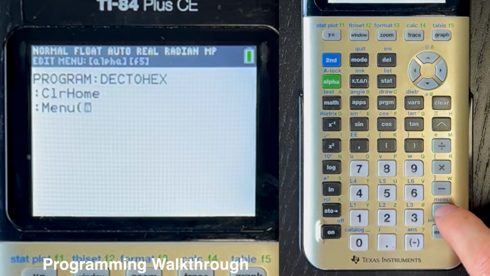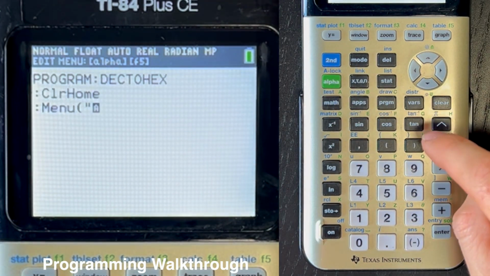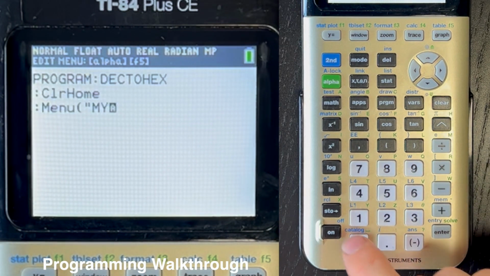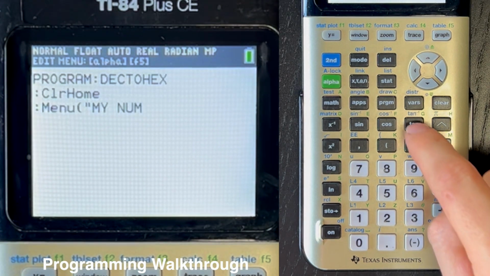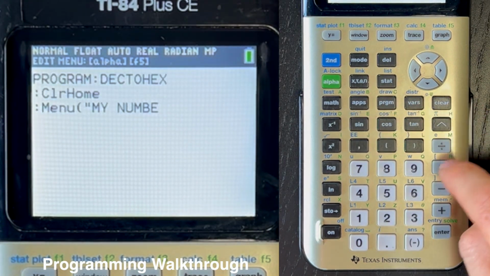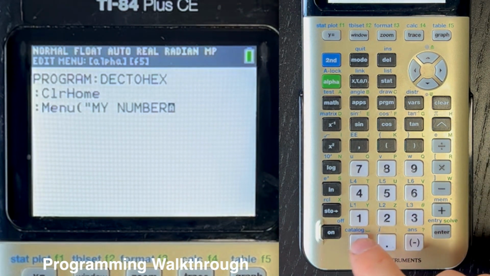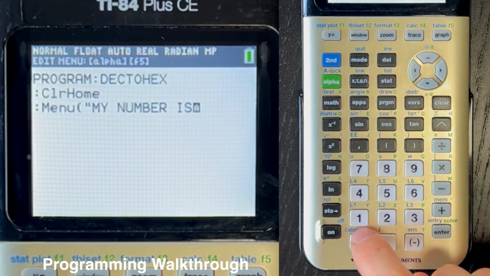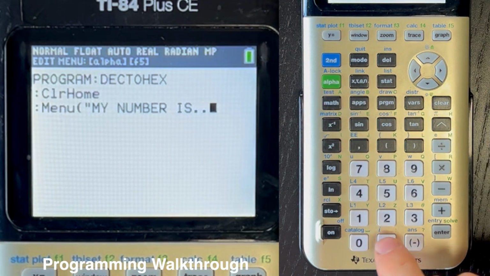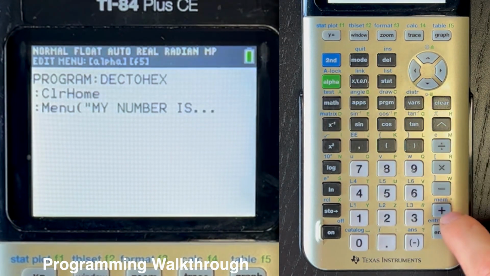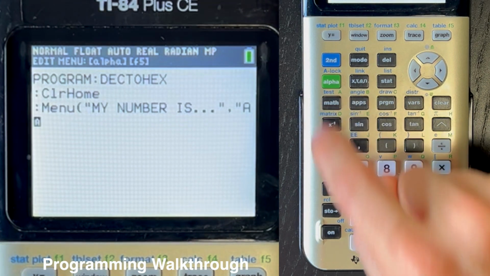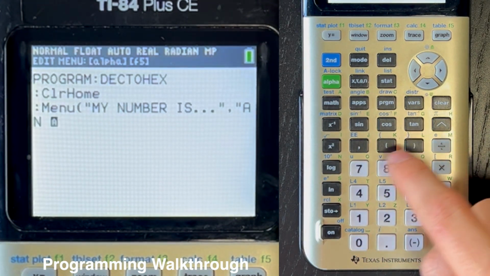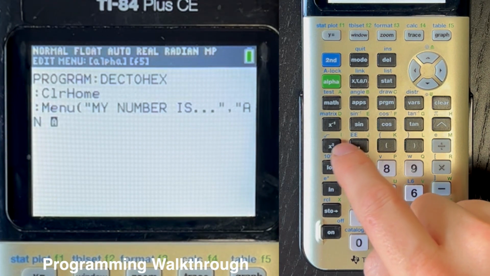Second alpha, open quotes, my space number space is alpha, close quotes, comma, open quotes, n space integer